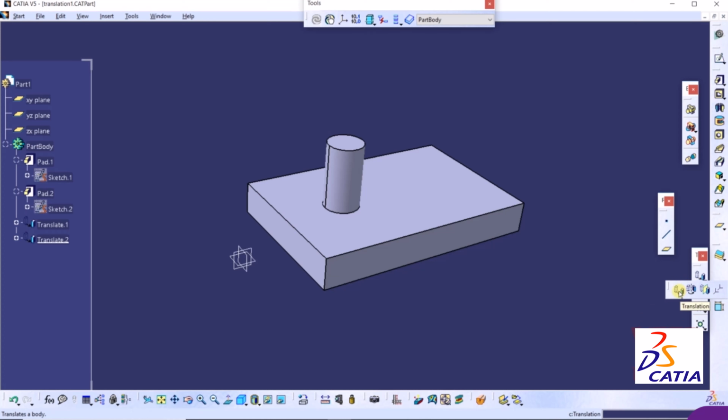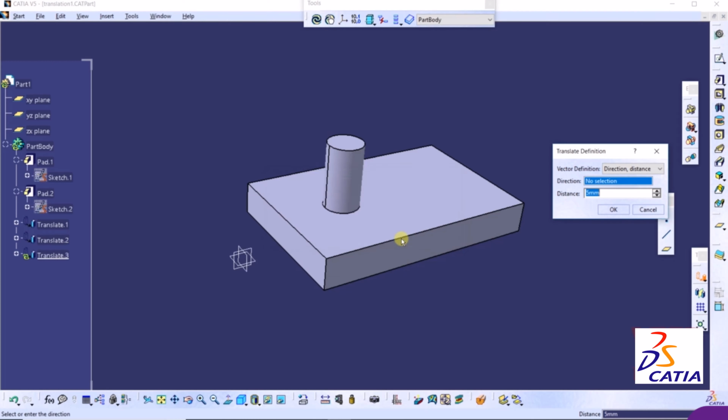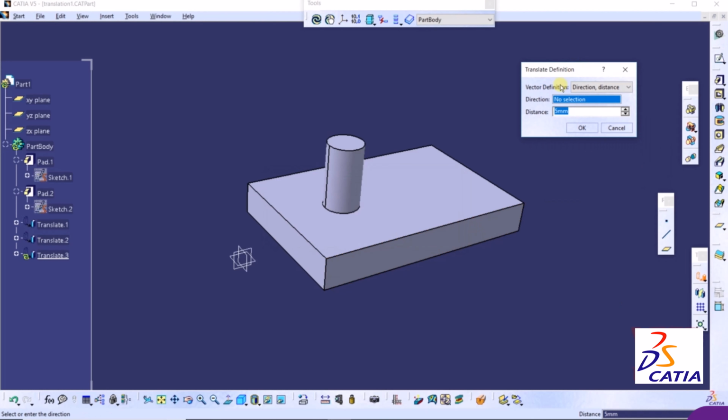translation. This translation is very similar to the 2D translation. I go to this command and click on Yes, and now it is showing vector definition. Vector definition means to specify the direction. Click on this arrow and we can specify direction as direction and distance, point to point, and coordinate. I select direction and distance,